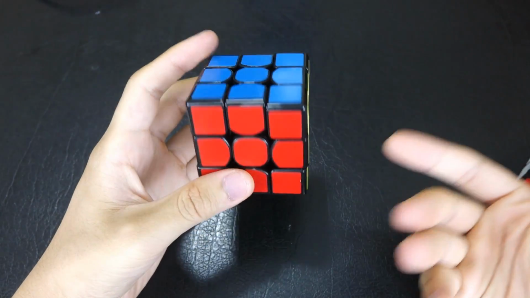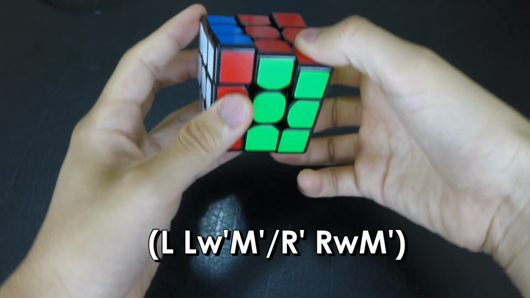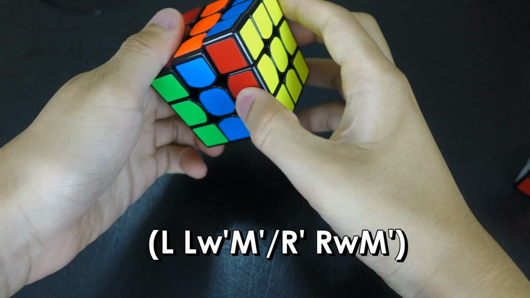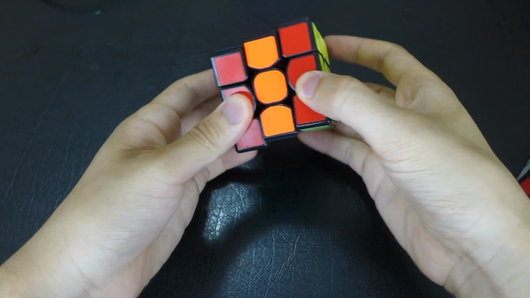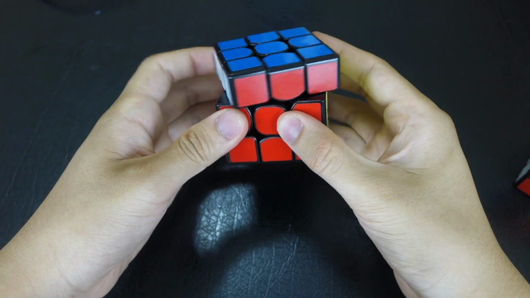Also, just a side note before we move on, this is how I recommend finger tricking the M2s. You can choose one of these. And I'll show them on both sides. And the other option is just to do pinky ring. And I recommend just alternating depending on which side you're doing setups on. So for instance,